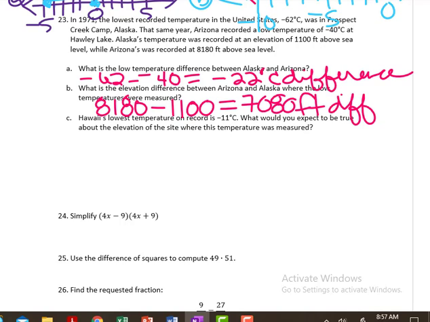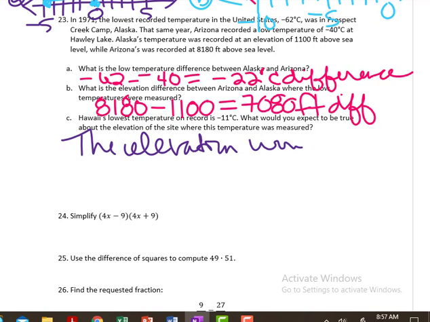Now, since Hawaii is even more tropical than Alaska or Arizona, I would expect for the elevation to be high as well. So what would you expect to be true about the elevation of the site where this temperature was measured? The elevation